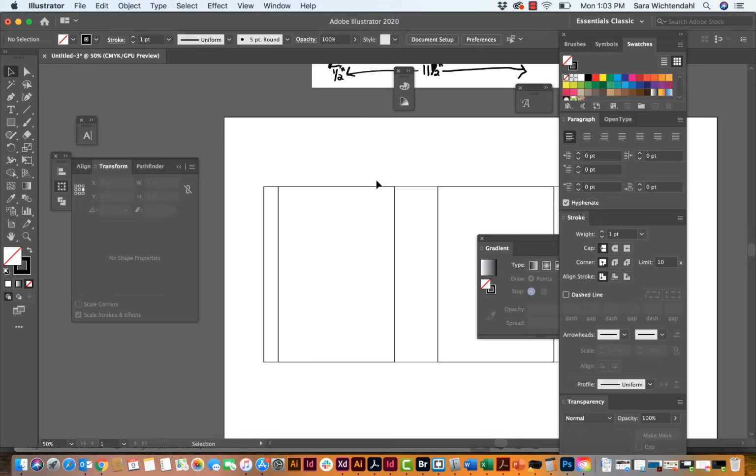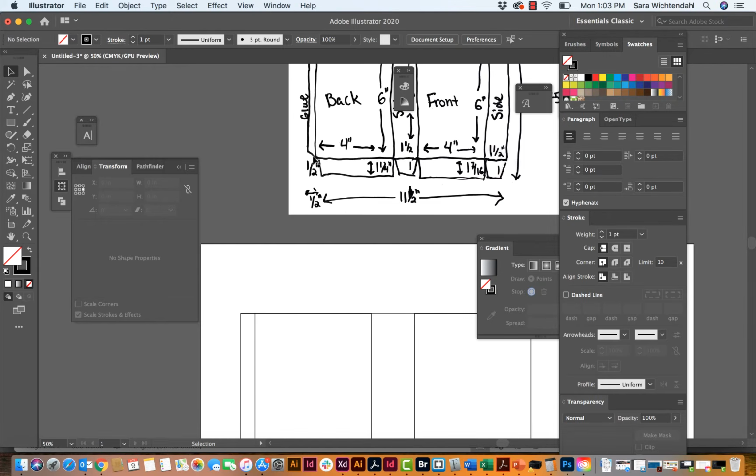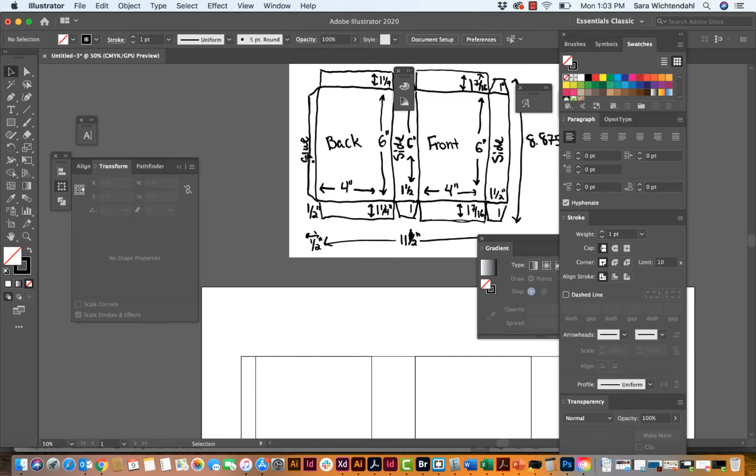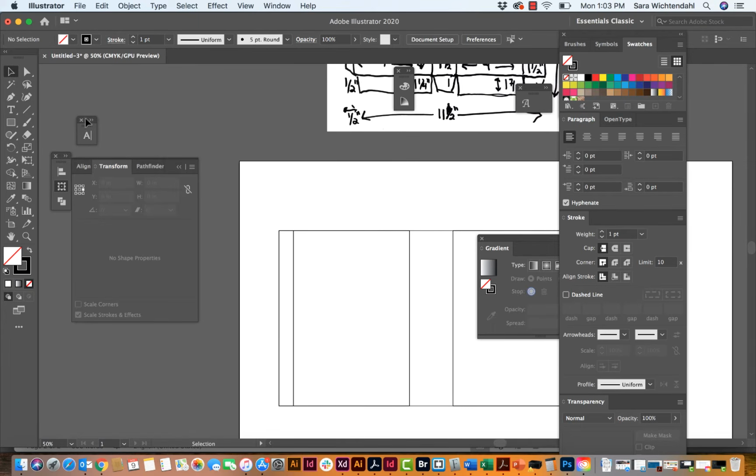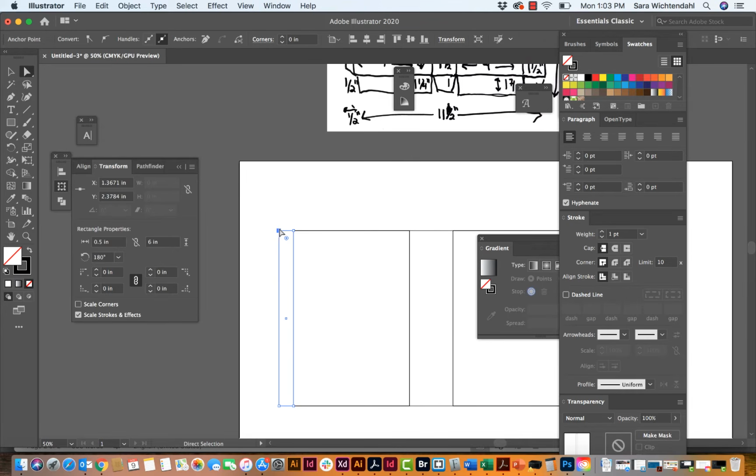Now it's important that your glue tab hides, so you need to taper this. When folded, if I just left this as a blunt edge and I didn't fold it exactly perfect, you may see the little top edges of this sticking out. Because this is a hidden item, where it's seaming together, I want to taper this down. So I'm going to take my direct select tool and select the top point,